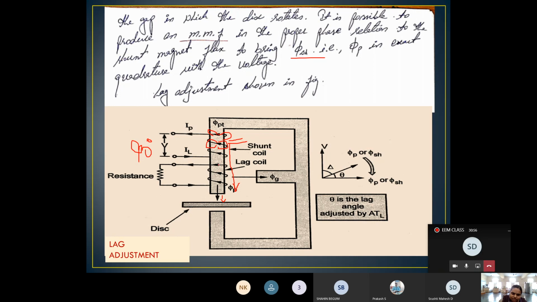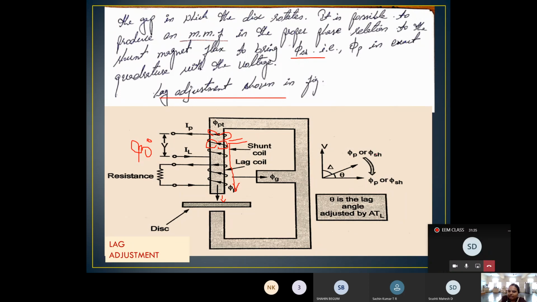Due to these adjustments, within this only it is adjusting, lag adjust. When it is larger, control that. The controlling operation is done by using the shunt coil. That is what we call lag adjustment. How is it going to be? Here it is shown with the phasor diagram. When it is larger, delta is a larger angle. Instead of 90 degrees, it may go to 100 degrees. If it is 100 degrees, we have to pull down to 90 degrees. If it is larger, pull down. If it is smaller, pull up. Like that we have to go.